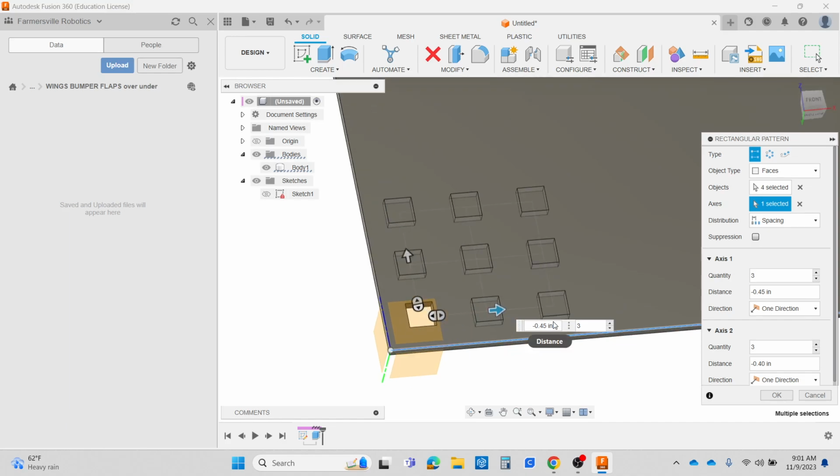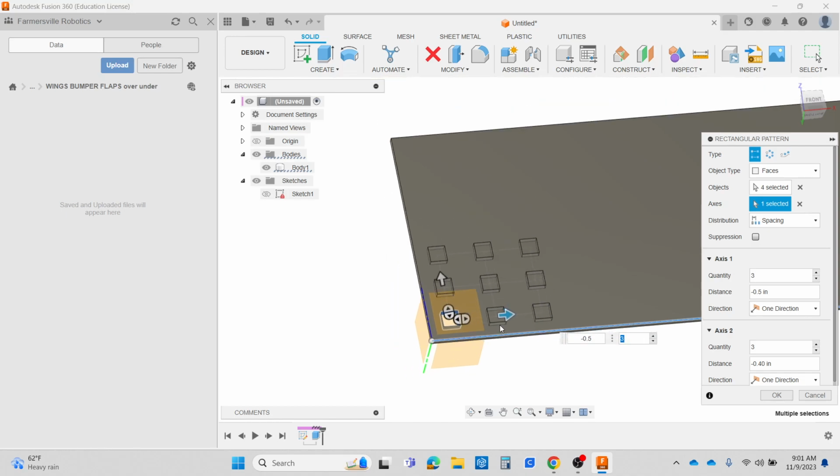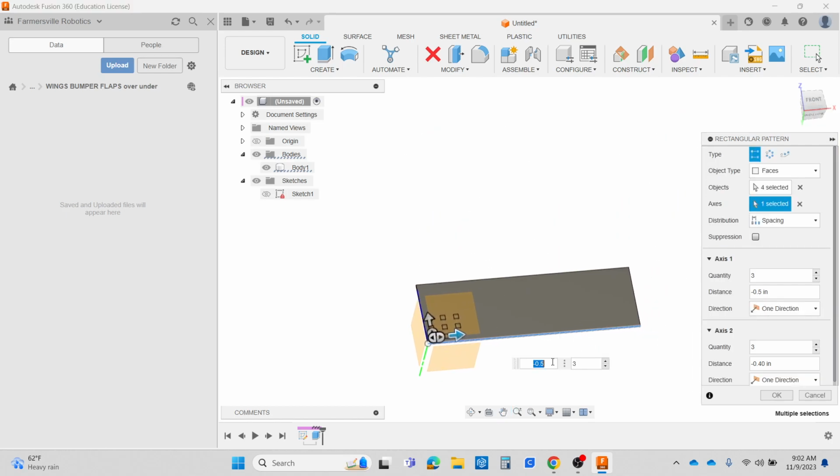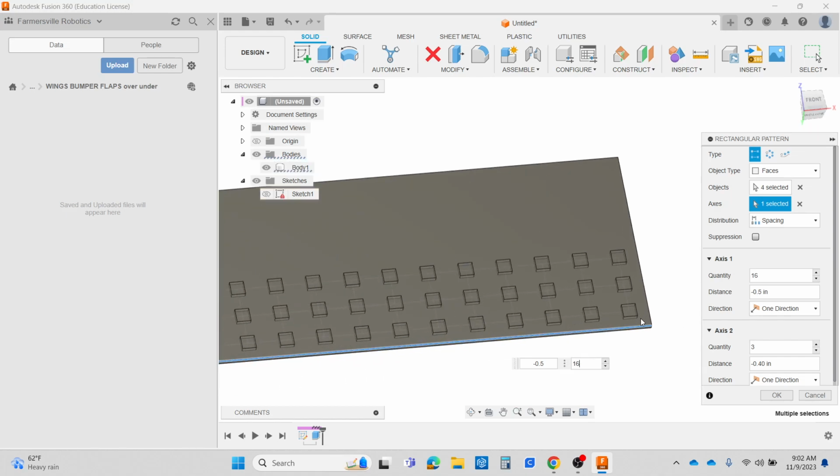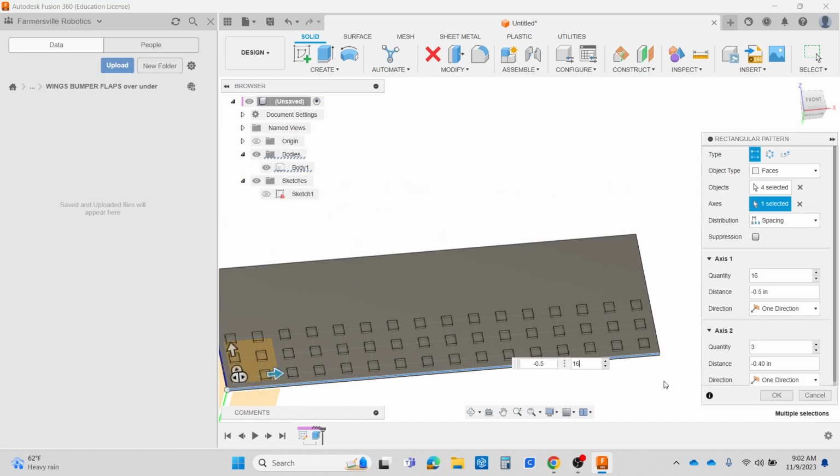So that's saying a 1/2 inch, or that's 450 thou, and it's 3 by 3. Let's set it at that 500 thou. That way it's the 1/2 inch. But let's just throw this, let's say about 16 or so. If we throw it 16, we know that it went all the way to this edge, and we could